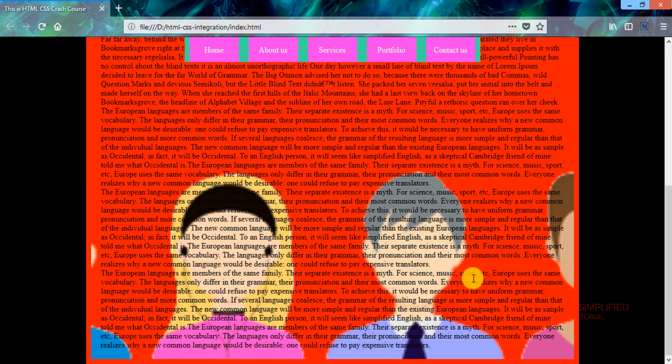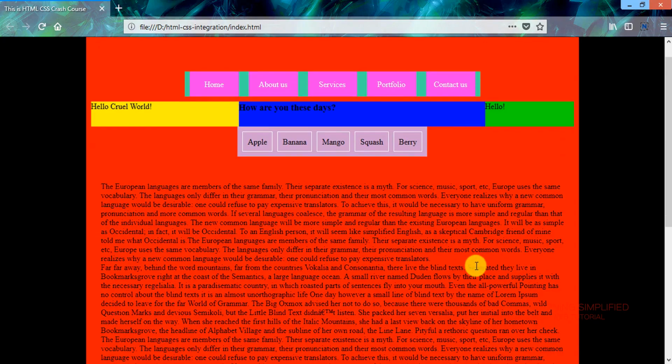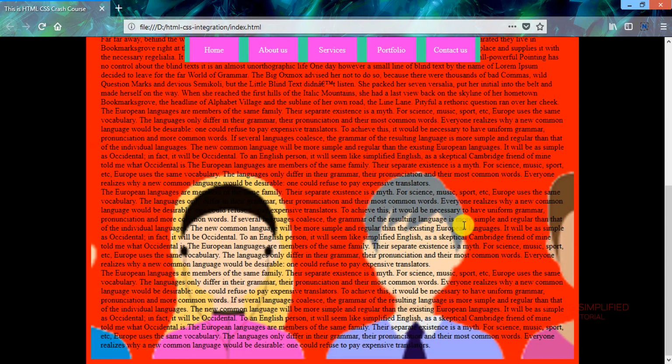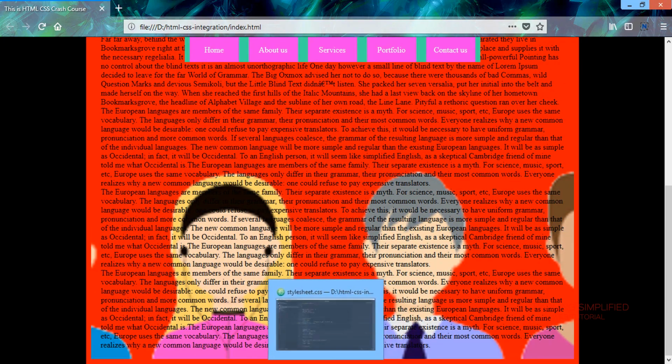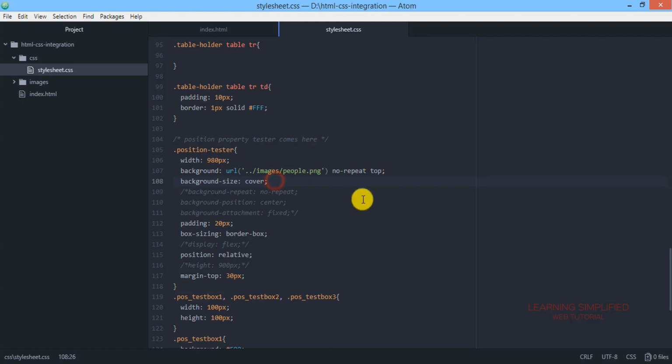now it is being stretched to cover the whole area of this particular div element which is being used over here. Now this is the background size property that is being described over here. I think you should be experimenting with some more images to understand the difference between this contain and this cover segment. You need to make some more experiments with varying image sizes over here.